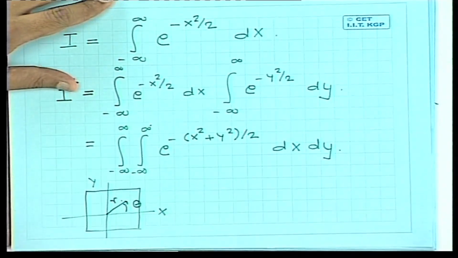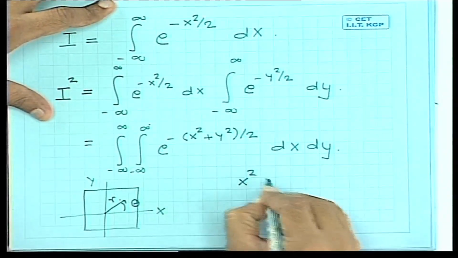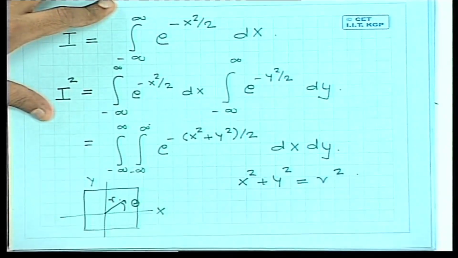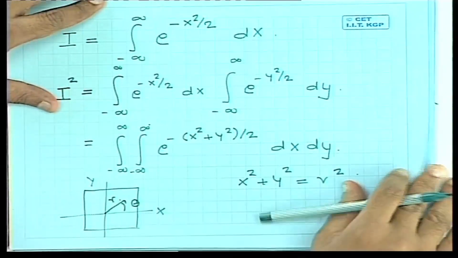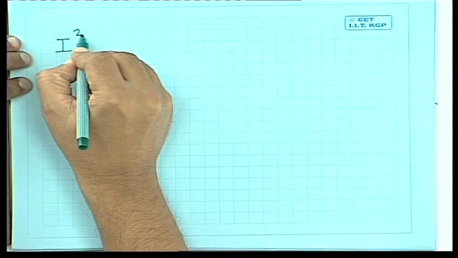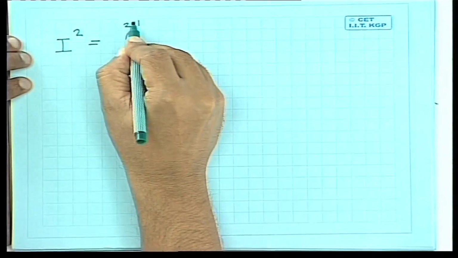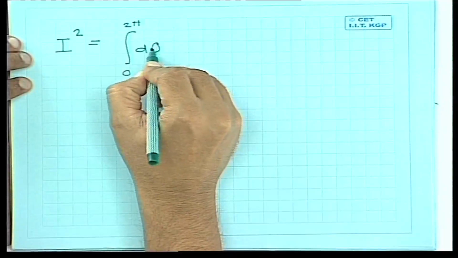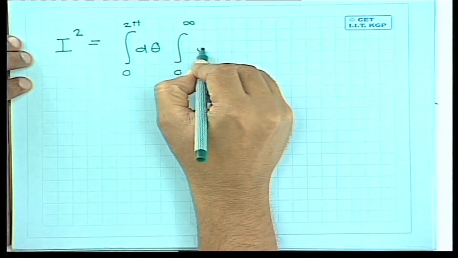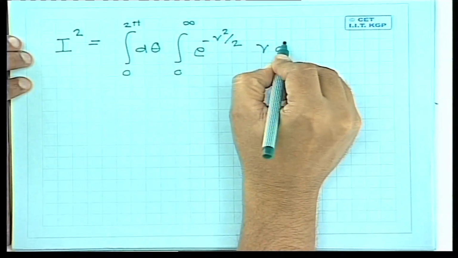In a polar coordinate system, x square plus y square is equal to r squared, and this I squared is nothing but the integral from 0 to 2 pi d theta, times the integral from 0 to infinity of e to the power minus r square by 2, r dr,